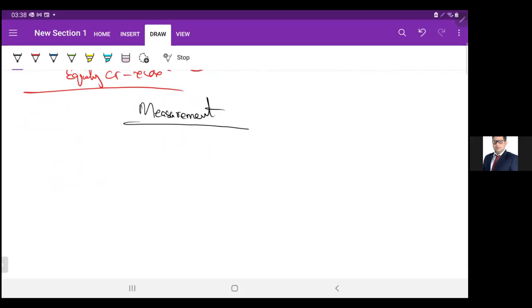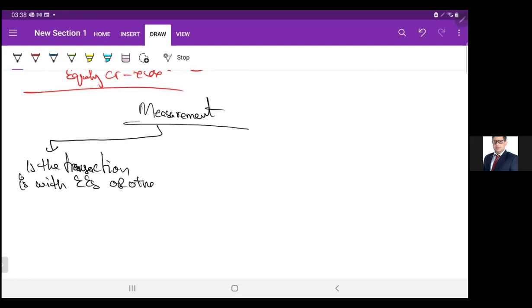Firstly, consider whether the transaction is with employees or others providing similar services, right? So if your answer is yes,